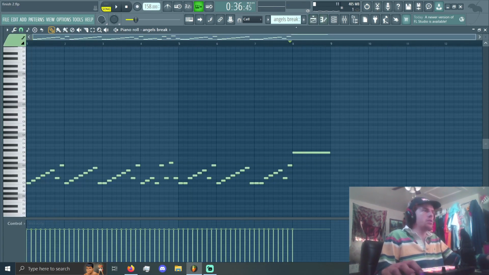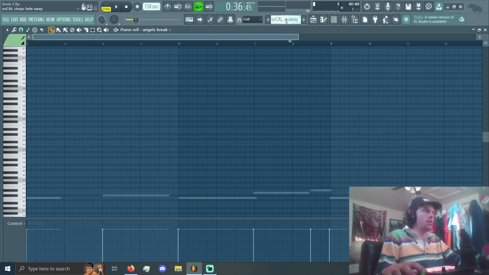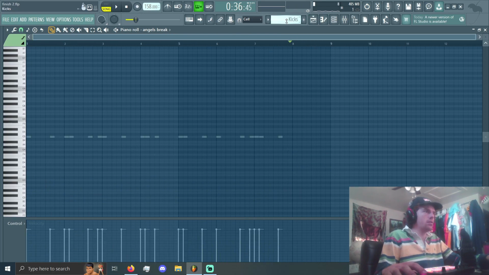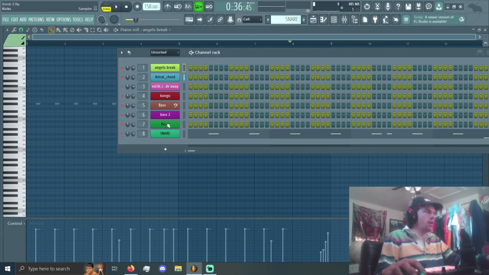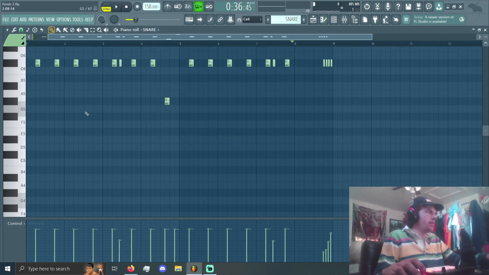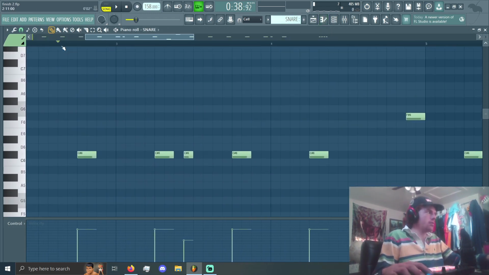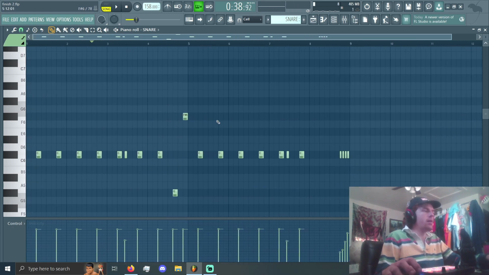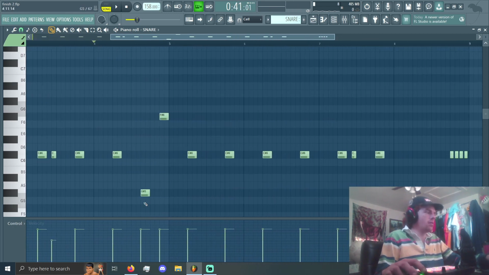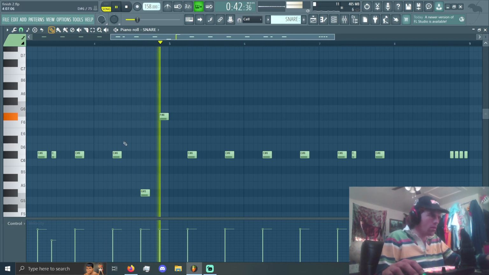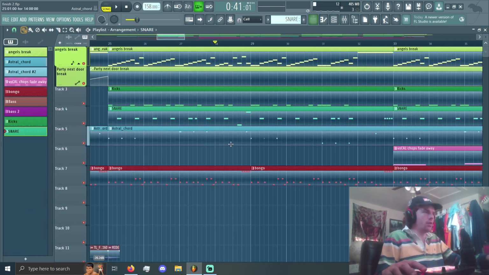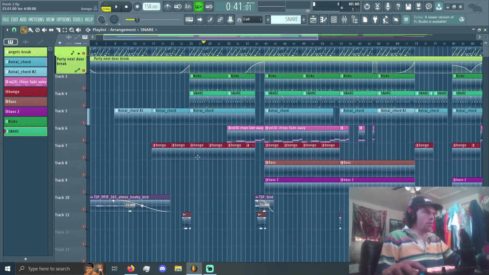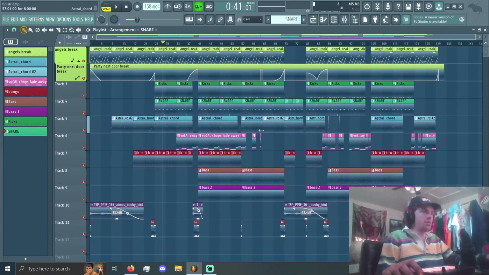And then with the snare, let's see, where is it? So with the snare, I added this little ghost snare right here, this little skip. Bop, boom, bop. And then towards the end, I just did this little thing, just to give it some variation. So that's pretty much it for the break. I kept it simple all the way through,